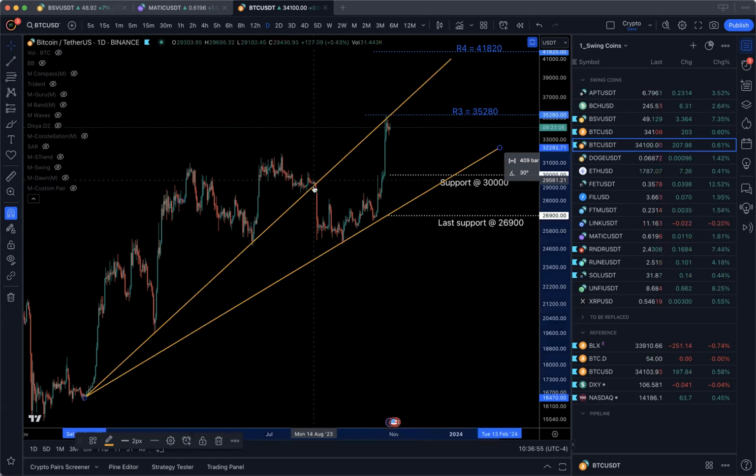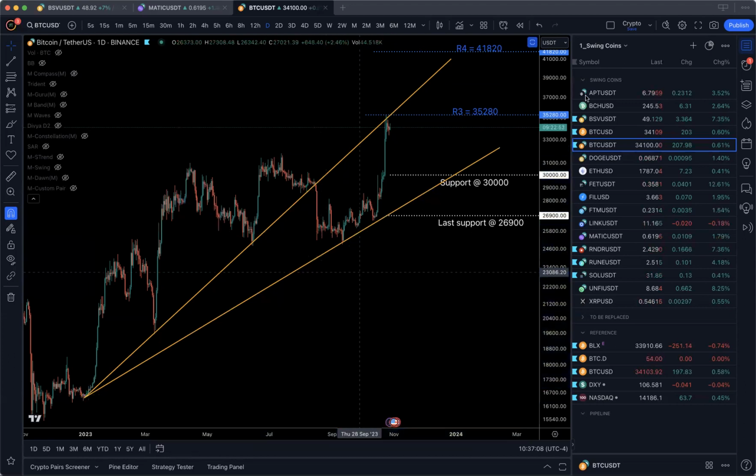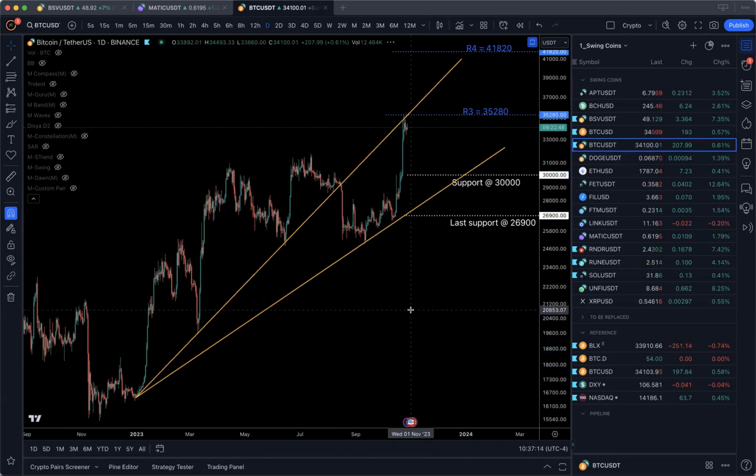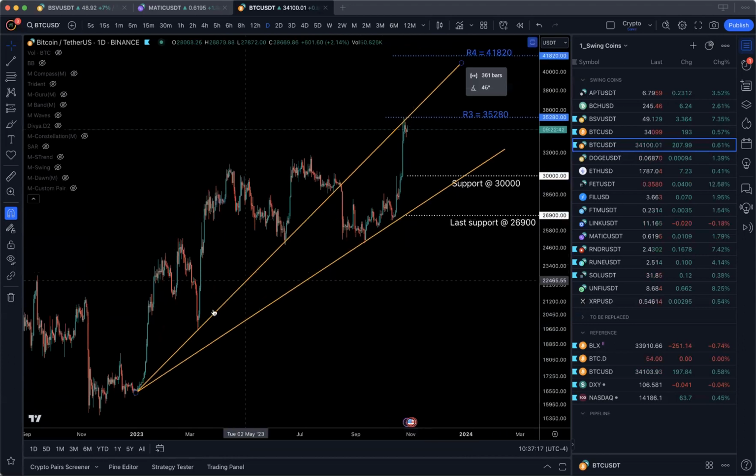People called this out as a breakdown and started talking about new lows, because this is broken, and they thought this trend is over. They thought the bear market continues, but they have no clue, right? Unfortunately, breaking this trend line doesn't break anything. I tweeted about this, and I don't blame them, because even moving averages were broken. Even RSI was broken, even MACD, and so many commonly available indicators, even Bollinger Bands, were broken,